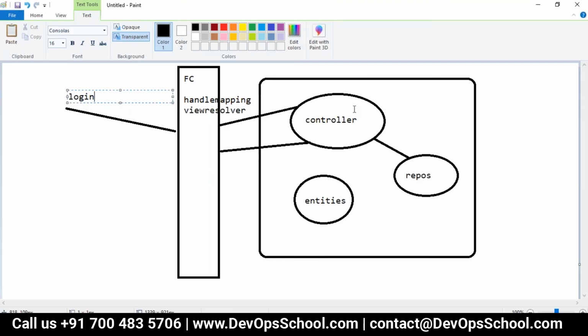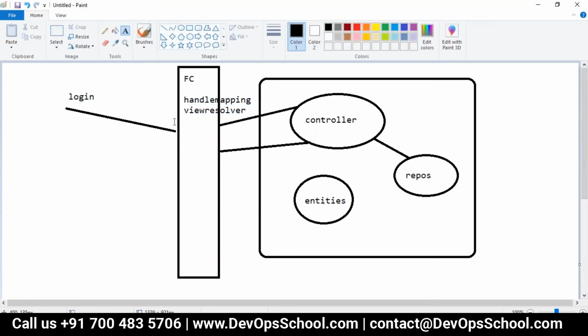So all this will be configured in the controller. Then when the controller sends back the response, if the view is present, it will take the help of the view resolver. Okay, what view you are looking for? That view resolver will take care of this particular request.